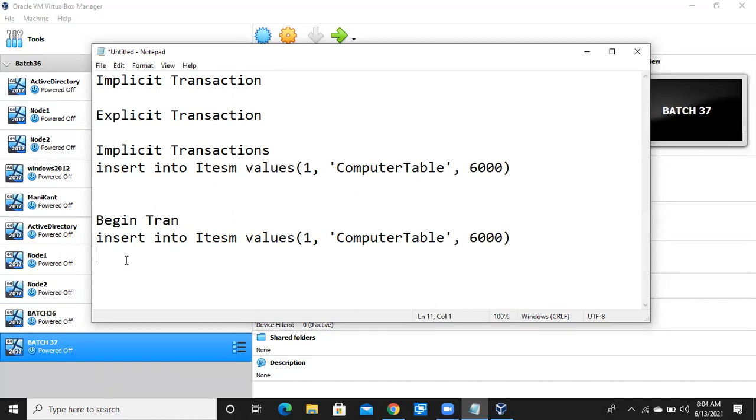Because SQL Server will treat this transaction as an explicit transaction and uncommitted transaction. If you don't give begin tran commit, SQL Server will provide both default parameters. If you give only begin tran, SQL Server will think, okay, the customer is looking for an uncommitted transaction, so I don't want to give commit, so the transaction won't be committed.